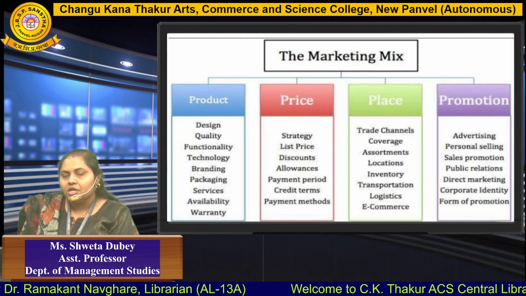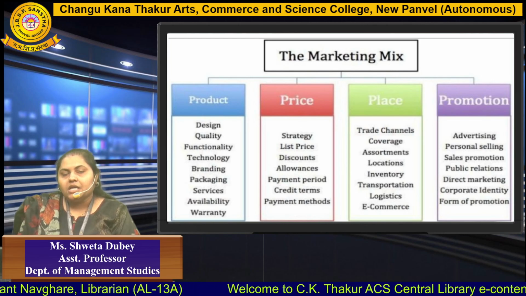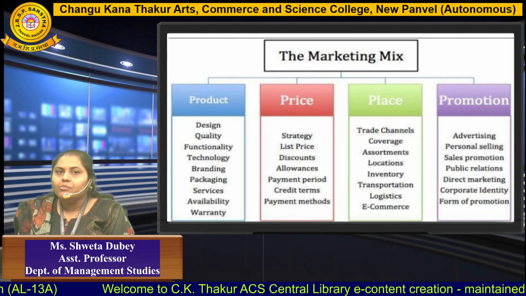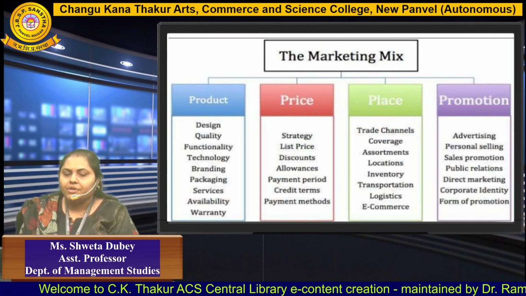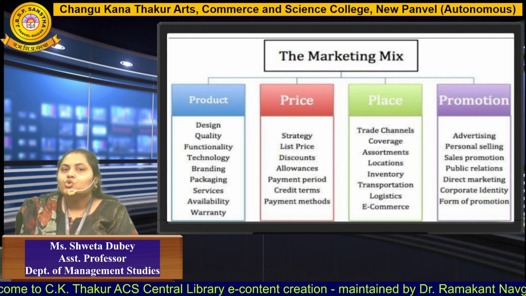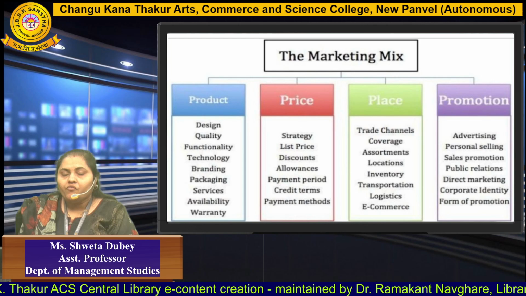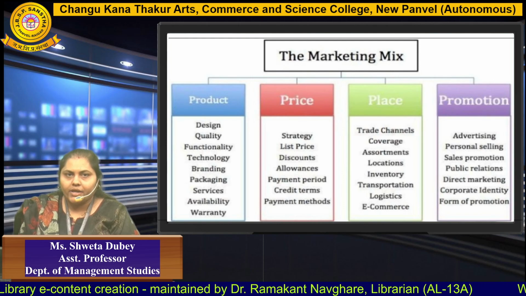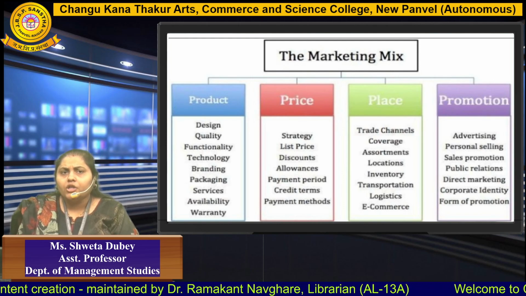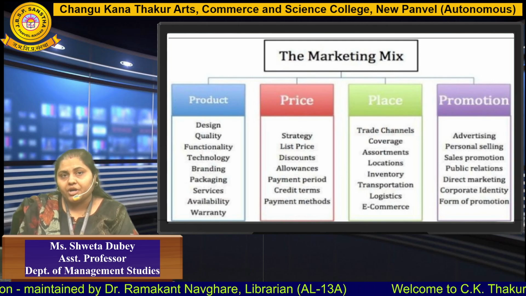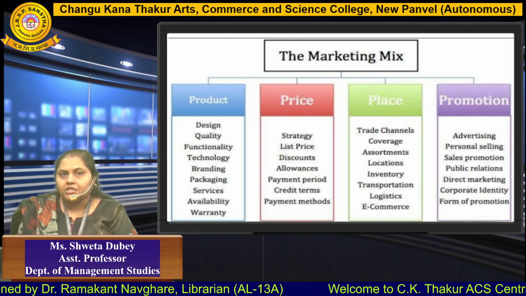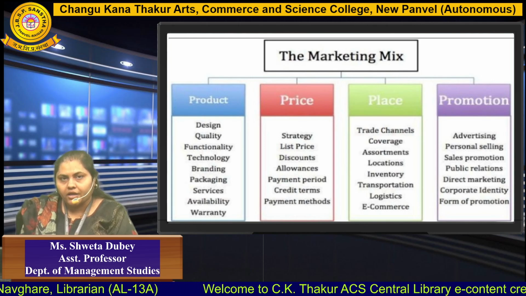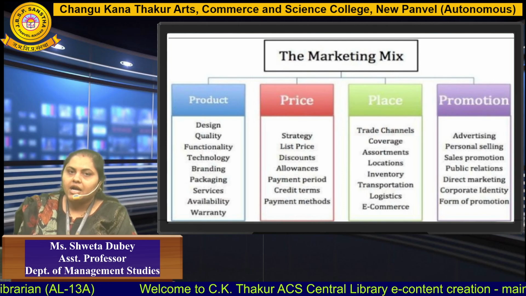Moving on to the next element, which is price. The pricing strategy is your USP in the market. Once you decide on your pricing strategy, you would be able to define every other aspect of it. For example, if you look at an FMCG product, the strategy usually remains as penetration pricing. We go for penetration pricing because we want to enter the market and set a base in the market very quickly, and hence penetration pricing is used. On the other hand, there are some products where we go for premium pricing. So likewise, we have around 10 to 12 strategies. You can either use them independently or you can use a combination of all these strategies together at different regions for different customers at different levels.